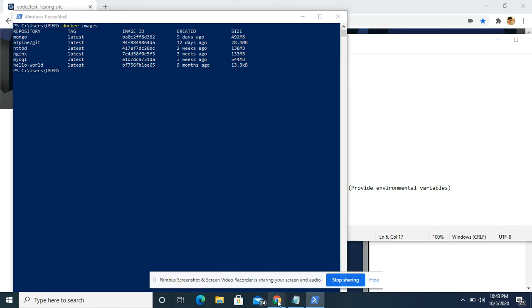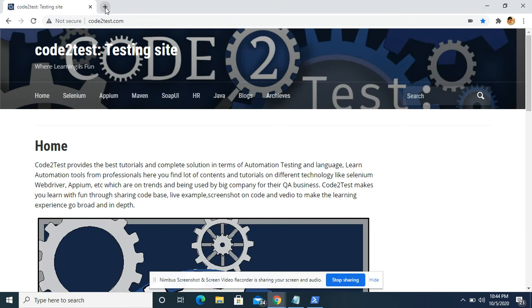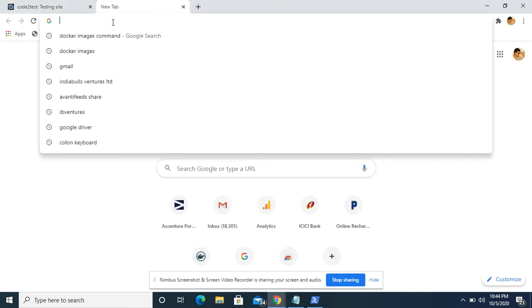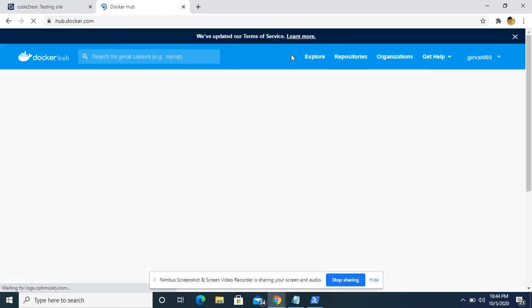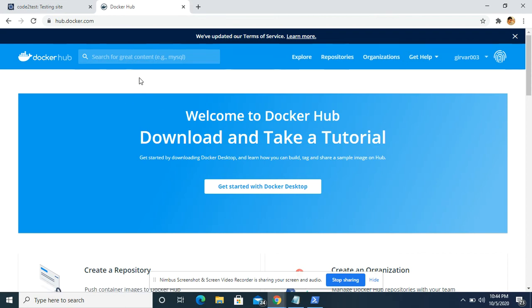One more thing, Docker itself has its own repository. Once you go to hub.docker.com, you see that it's a huge repository where all the images are available. I have logged in with my own credentials with my user ID.